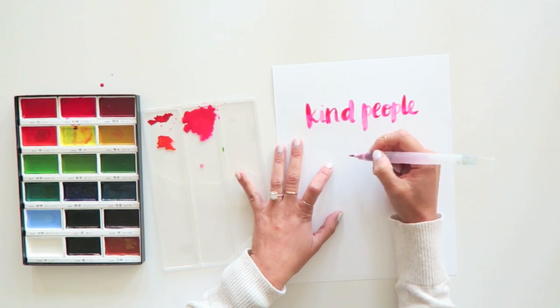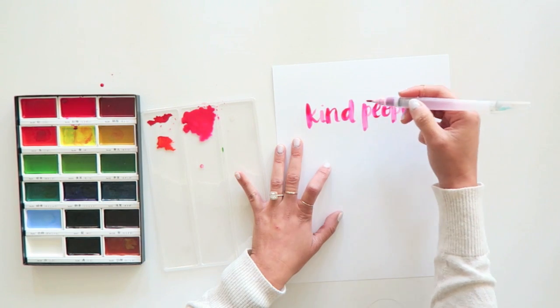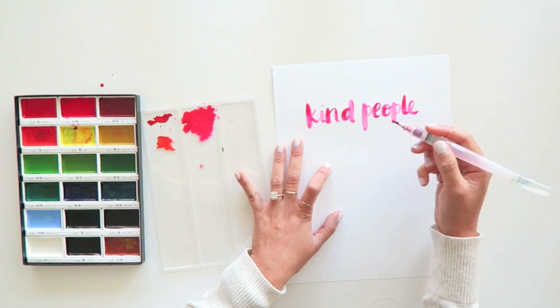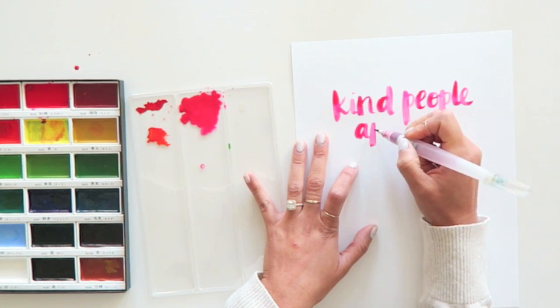are my kind of... Ooh, this would be cute if I made it like a heart, sort of. Huh, wonder if I can pull that off. Maybe not. Are